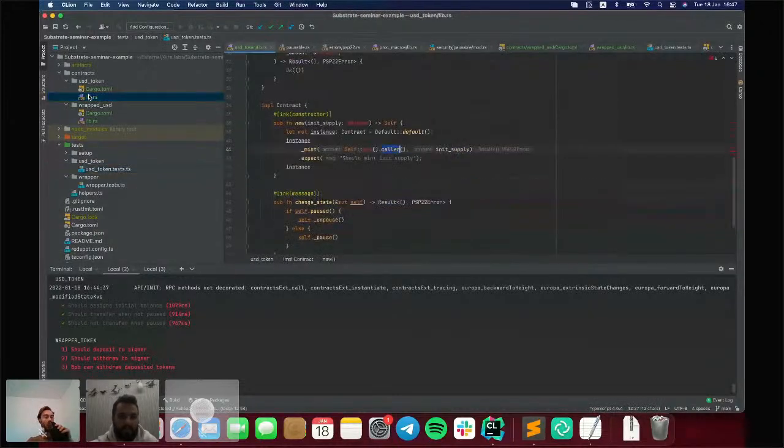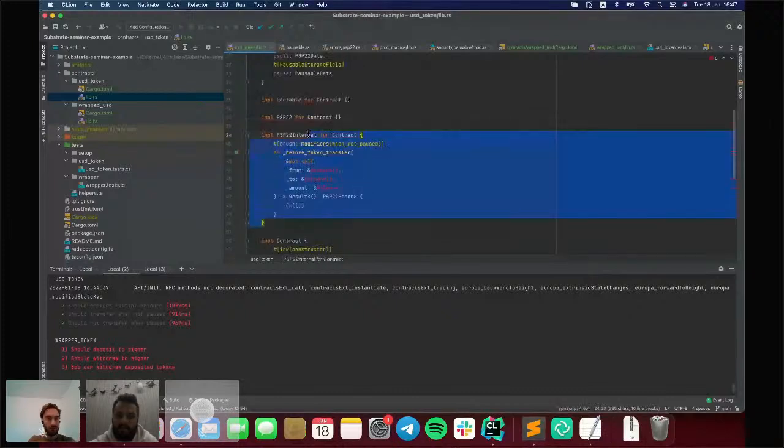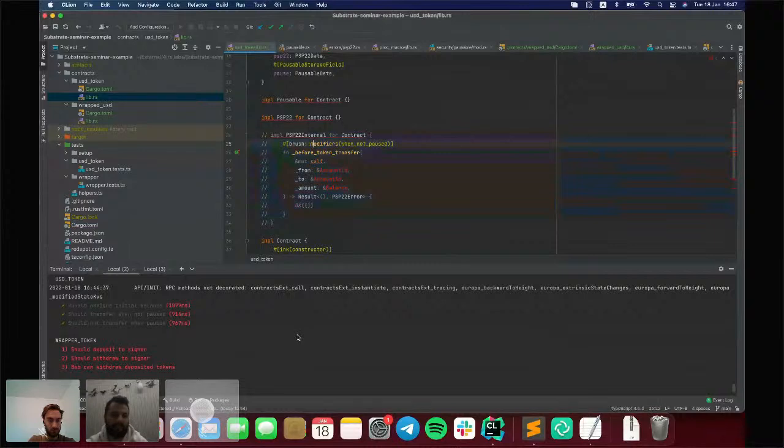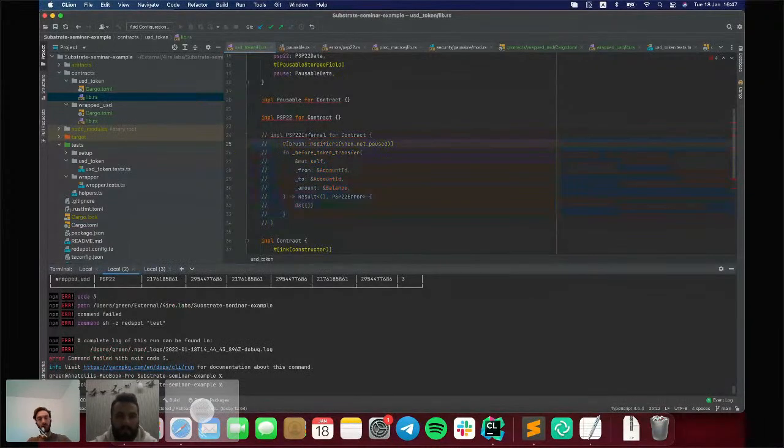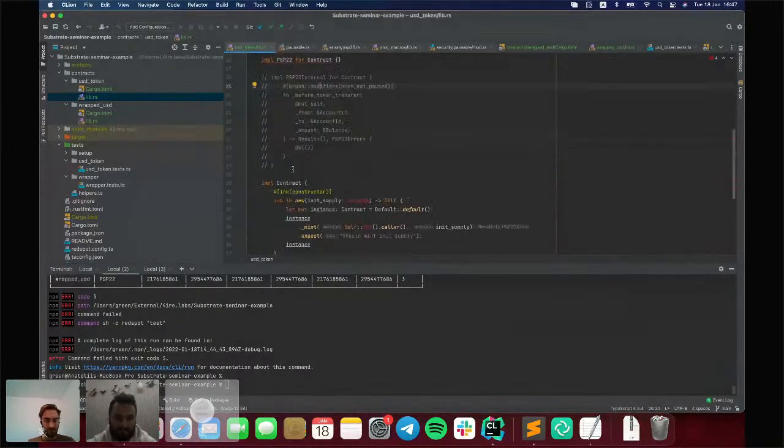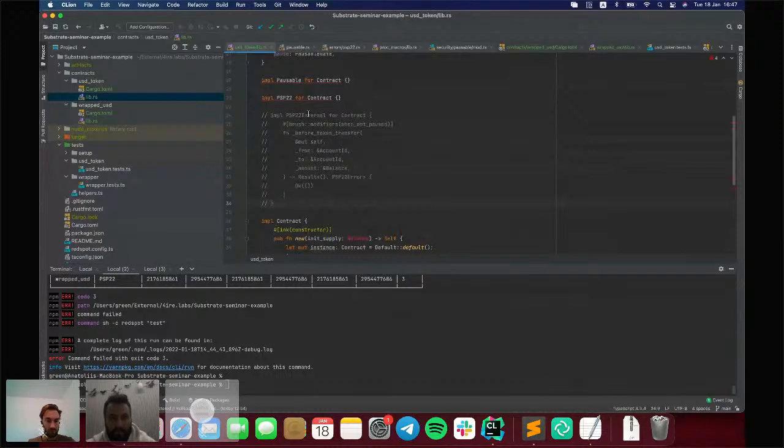So let's comment these lines. There we overrode the before token transfer method. So now after commenting out the lines, our contract allows transferring tokens even if it is paused.